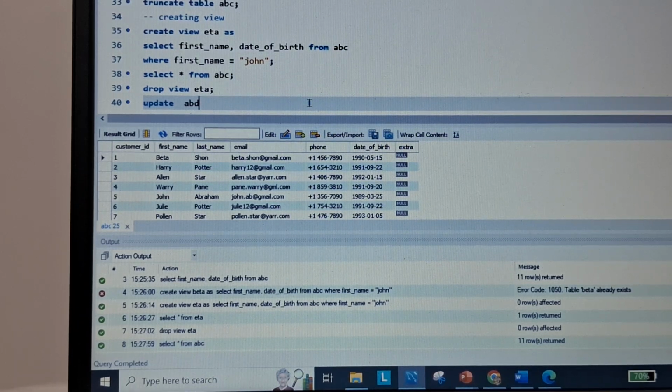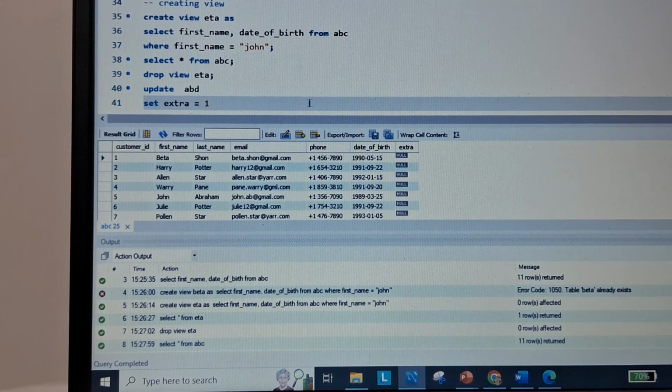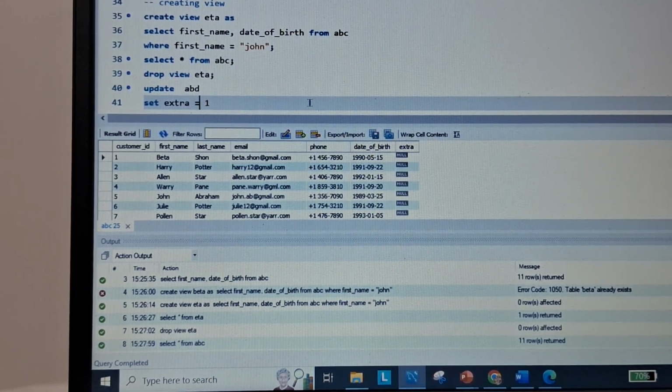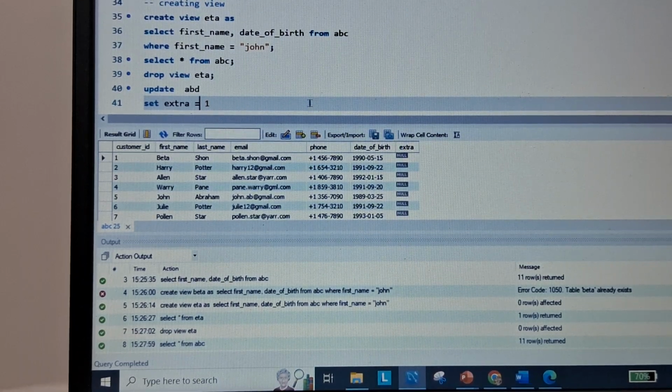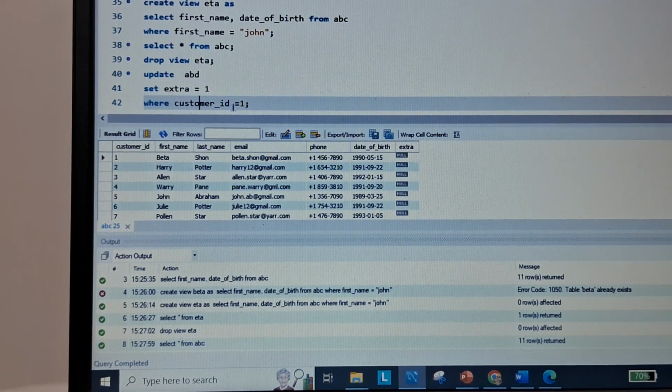So write update, the table name, and the name of the column whose value you want to update. Then write set, and write where you want to add. Like I just want to add value 1 where customer ID is also 1.